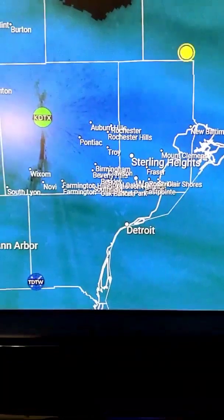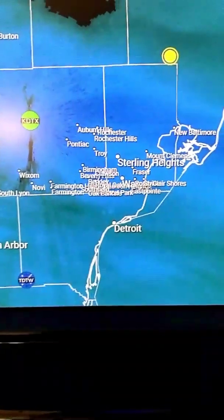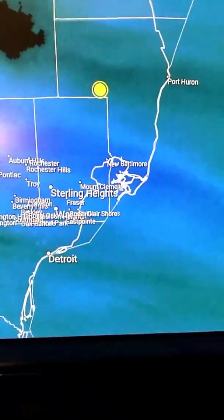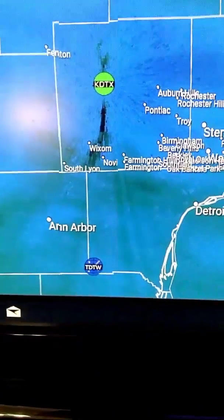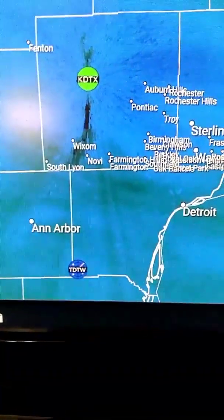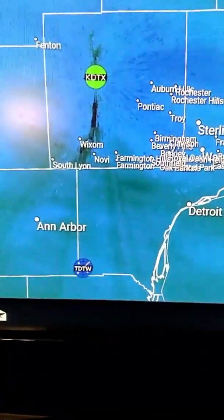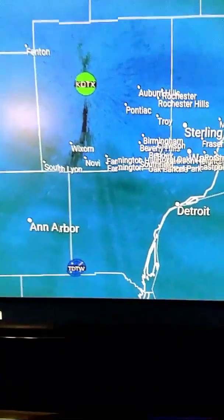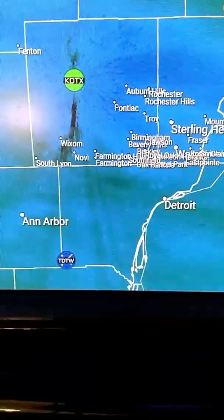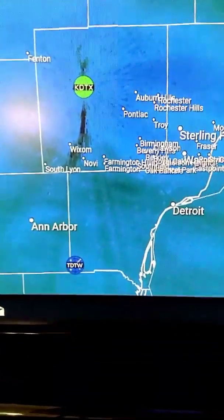So I'll tell you the two counties that I'm showing right now. That is Macomb County right there. And over towards the right is St. Clair County. And that's the city of Port Huron over there. And then over here is Oakland County. And that is where the National Weather Service, Detroit Pontiac, is located, right where you can see that the weather station